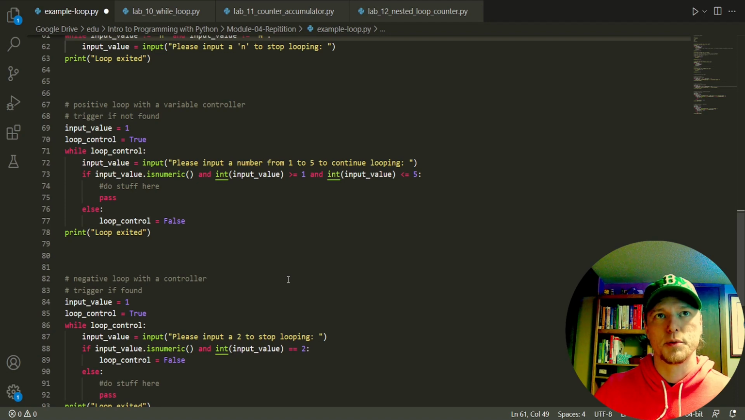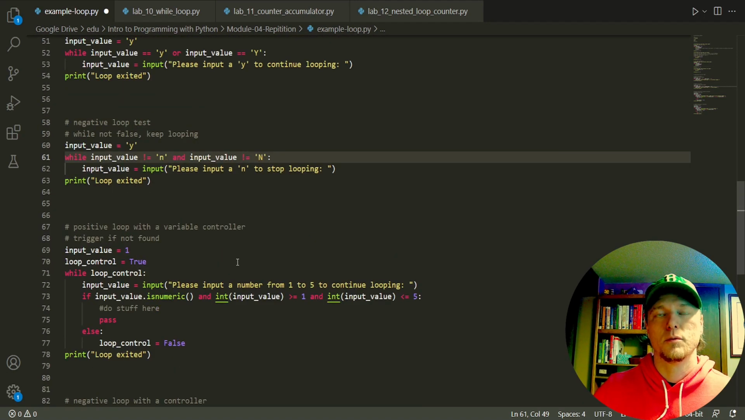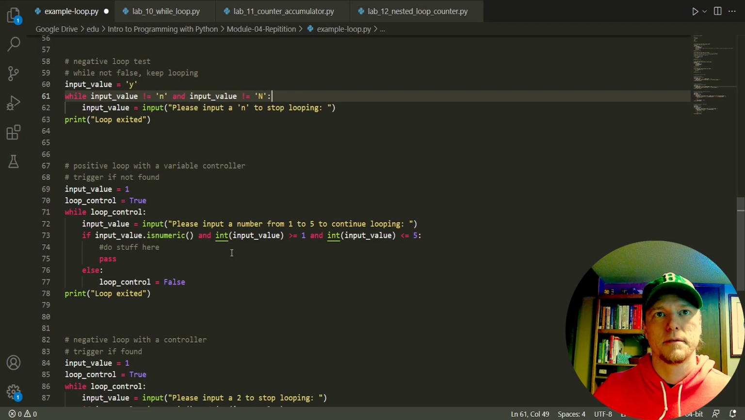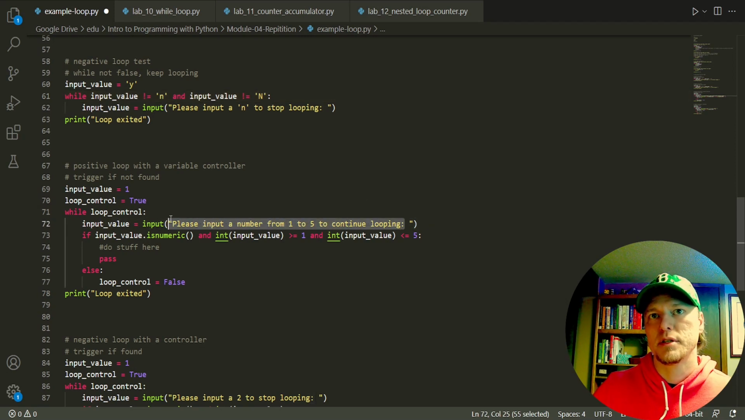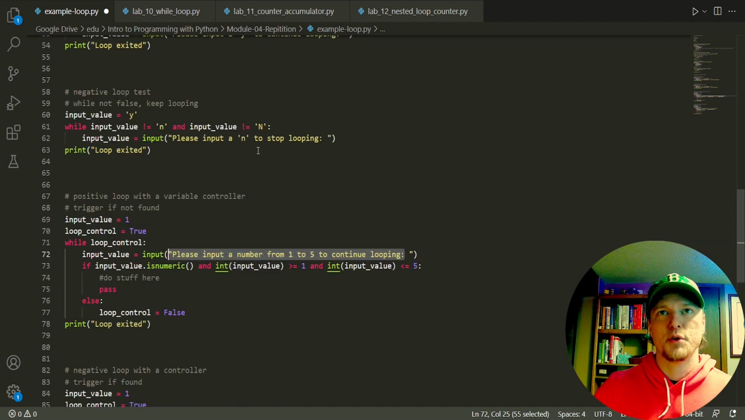Okay. We got two more loops here, and I'm going to take it to the very next level. We're going to input a number. Please input a number from 1 to 5 to continue looping. So we're looking for a value to continue looping. So this is another positive loop that I'm coming up with, right? I'm calling these positive loop conditions. And this time I'm using a specific variable as a controller, right? Instead of putting my conditional thing here, I'm setting a variable there,